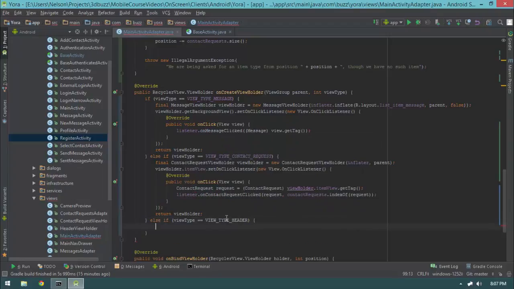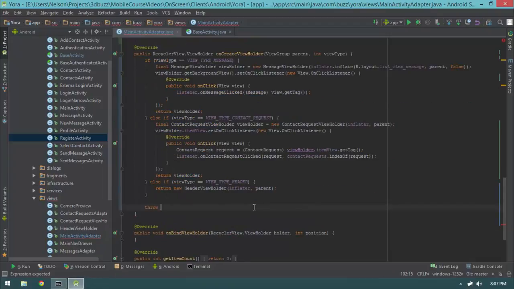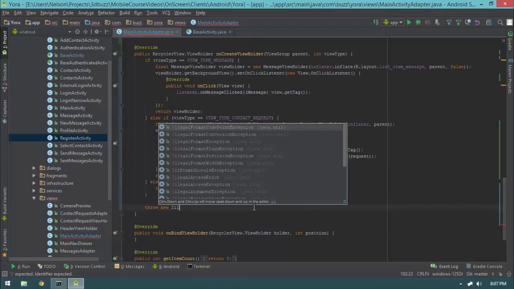How do we return our header? Simply, since we don't have a click handler to deal with, this can be even easier. Return new header view holder and inflator parent. And that's it. The final thing I want to do is at the end, throw a new illegal argument exception